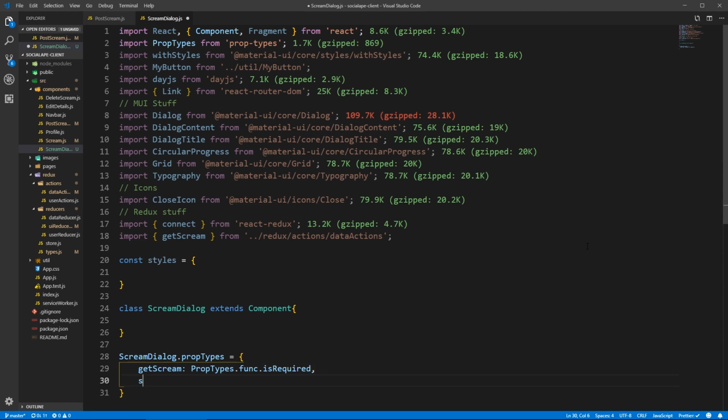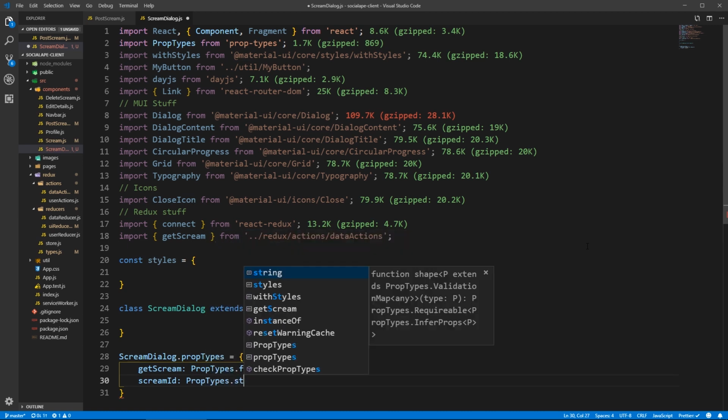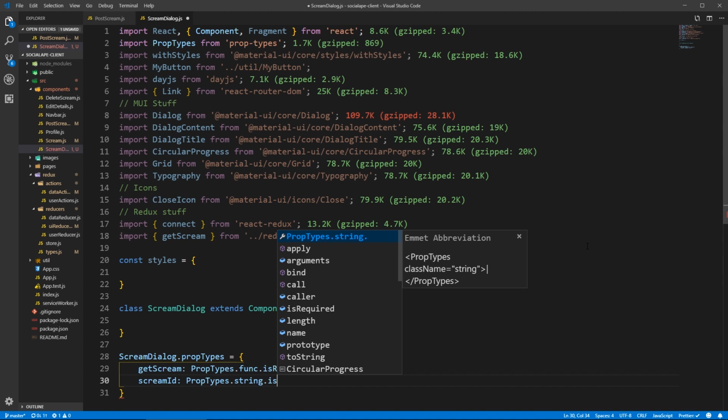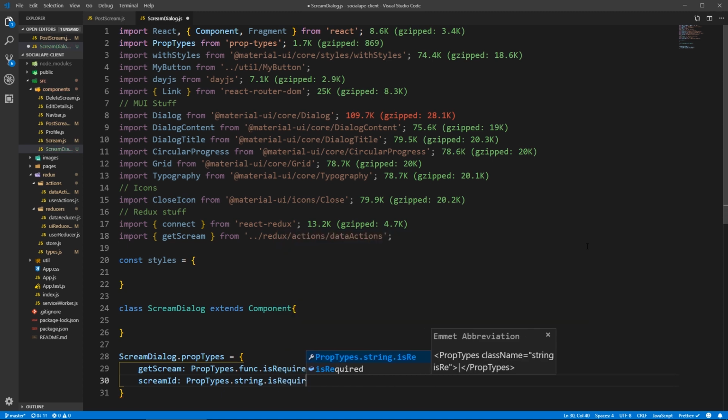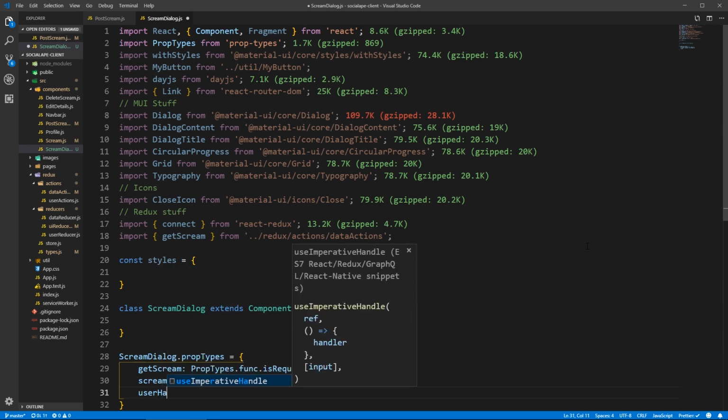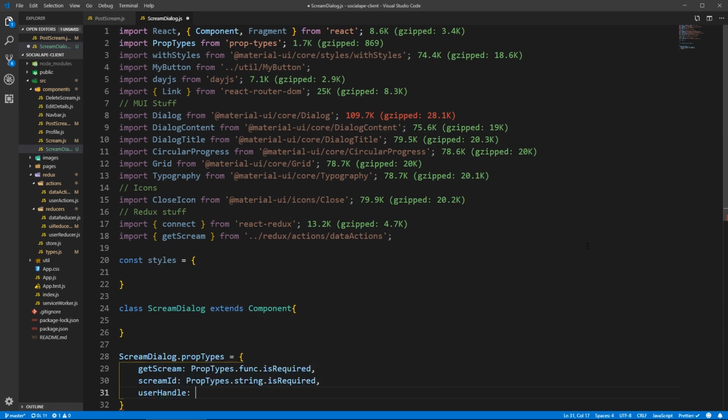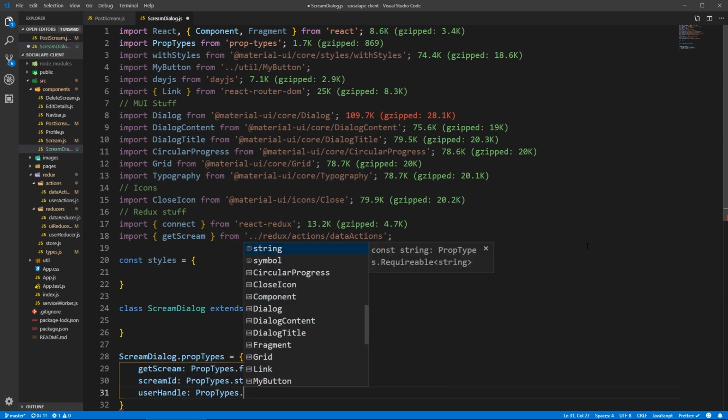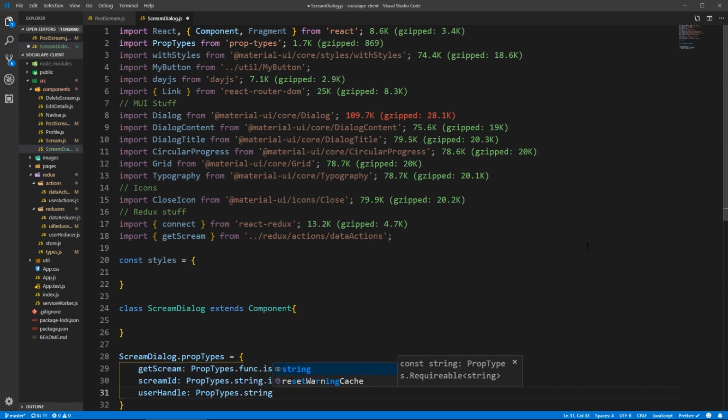We're gonna have the scream ID passed down. So prop types dot string dot is required. We're gonna have the user handle that we got passed down as well. Prop types dot string dot is required,